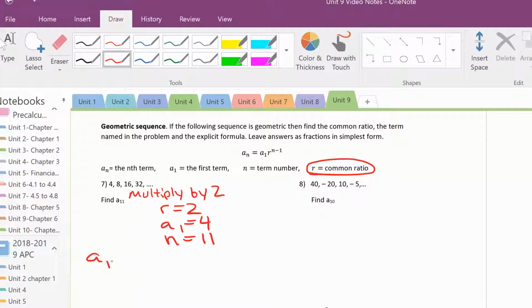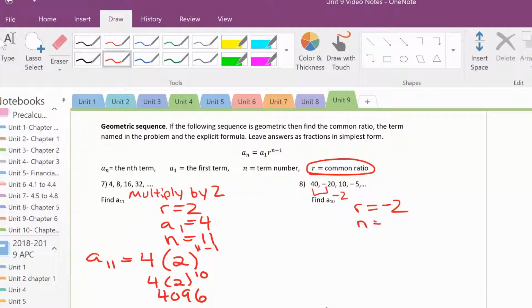So to find the 11th term, you go 4 times 2 to the 11 minus 1 power. So 4 times 2 to the 10th, and you get 4,096 as the 11th term. So to find the 10th term here, notice to go from term to term, you're multiplying by -2,